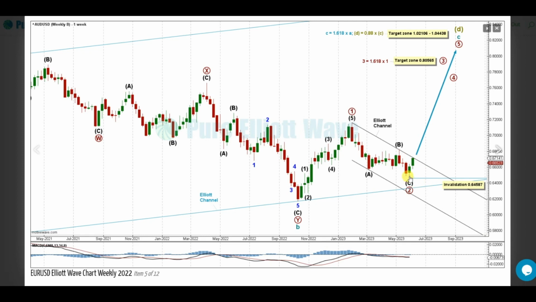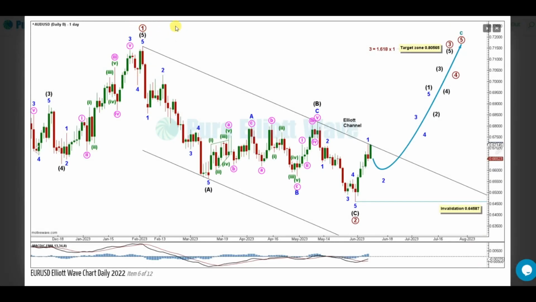On the daily chart, we'll take off from the top of primary 1 again. This is the top of primary 1 here, going down into a 1, 2, 3, 4, 5 for intermediate A, regular flat for intermediate B, and an impulse wave 1, 2, 3, 4, 5 for intermediate C. And it should be noted that this retracement did reach the Fibonacci 618 ratio, which is common for zigzags in